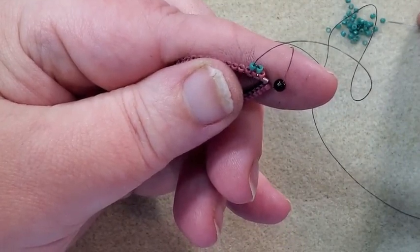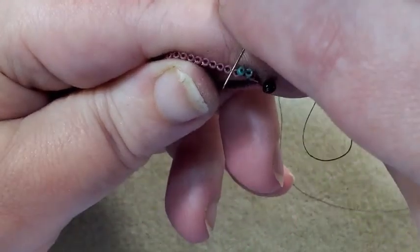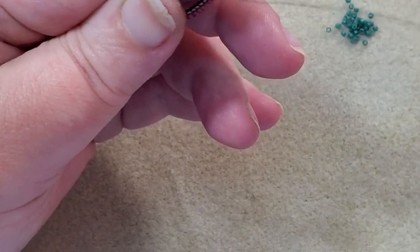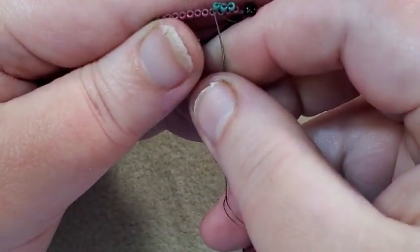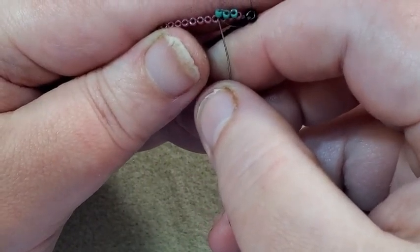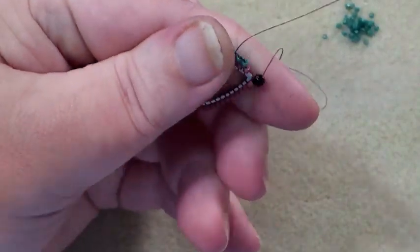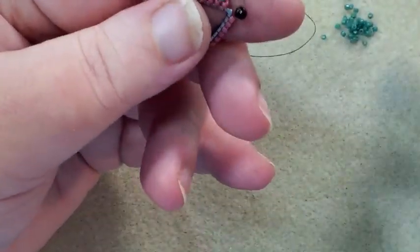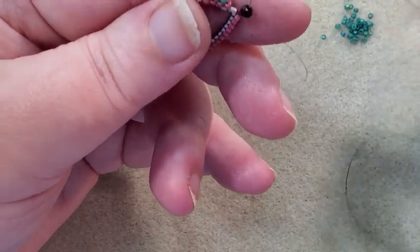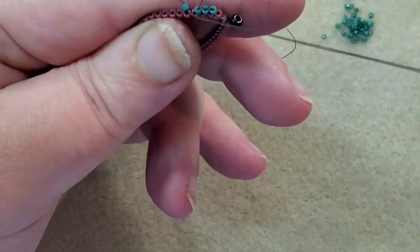But I'm going to pick up another green bead. I'm going to go under the next thread bridge. Pull my thread through, go back up through the bottom of the green bead that I just put on, and that puts that one on. I'm going to do that again. I'm going to pick up another green bead, go under my next thread bridge, pull my thread through,